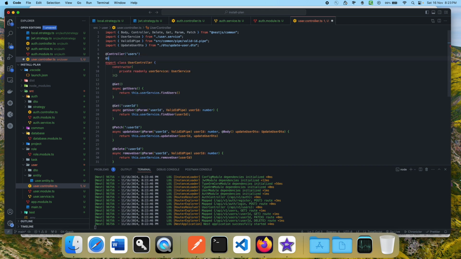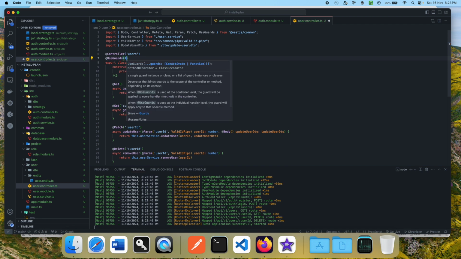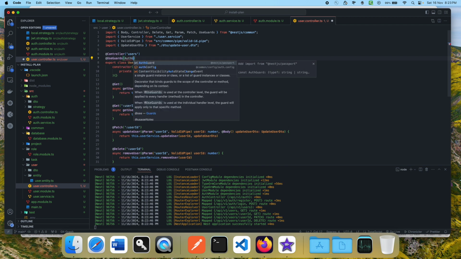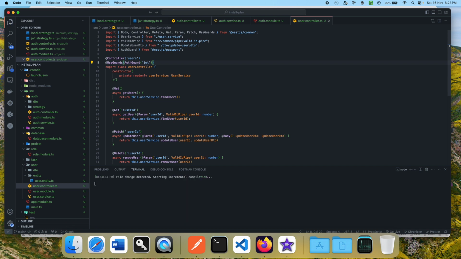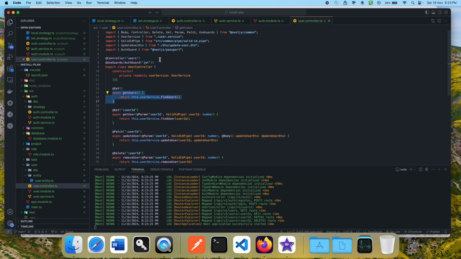So I will use guard, and then I'll pass auth guard, and then in auth guard we need to write JWT. Okay, so before it goes here, it will first verify this and it will attach the user here,